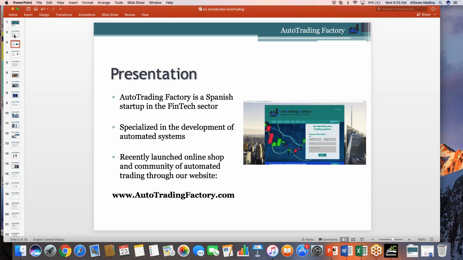So AutoTrading Factory is a Spanish startup in the fintech sector. The fintech sector is a group of tech companies that provide financial services. We are specialized in the development of automated systems. These are expert advisors, indicators, or any type of systems that our clients want to develop. We help them in that first step from the idea to the final program developed. We are currently trying to establish